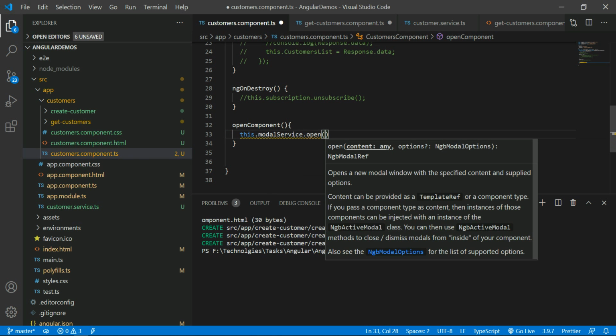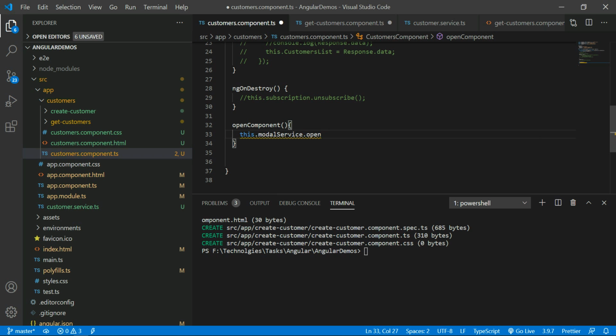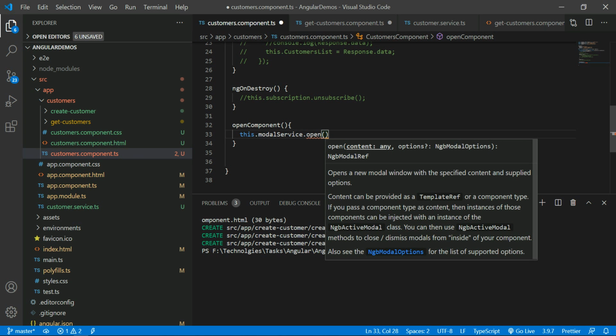By default, open can take either a component or a template. You see here, content can be provided as a template reference or a component type. As per my requirement right now, I am using the component. I want to open a modal pop-up, and in that modal pop-up, I am using the component.